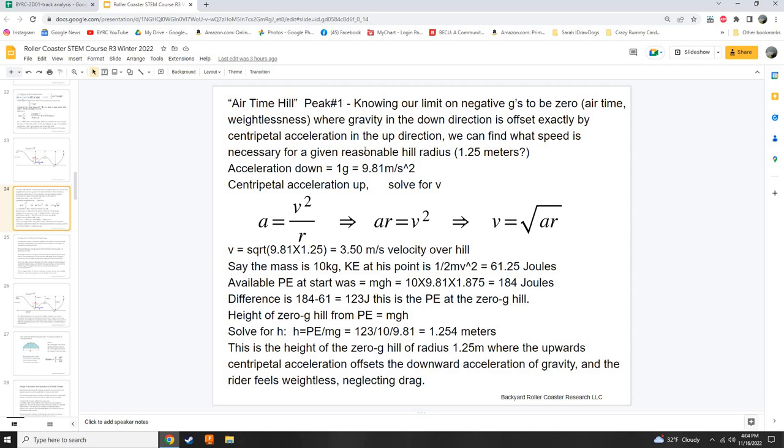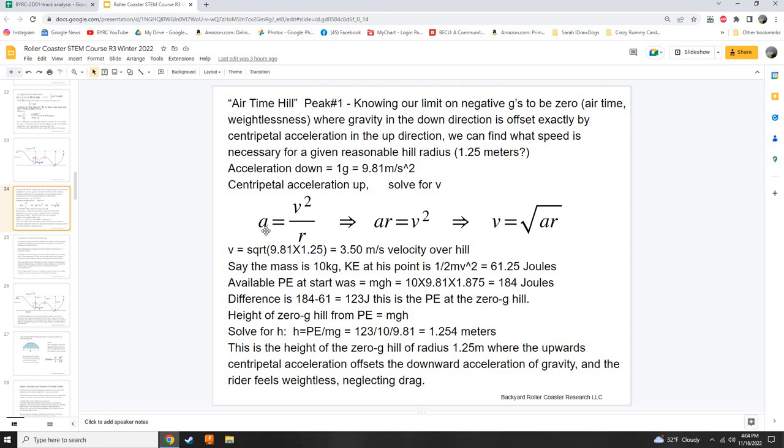We can find what that speed is for a necessary reasonable hill radius. And there again, the radius of the track I'll put at 1.25 meters. And we can tweak that later if we want to go a little higher or lower on the accelerations. We know the acceleration down is the gravity, 9.81 meters per second squared. Now the centripetal acceleration reaction,